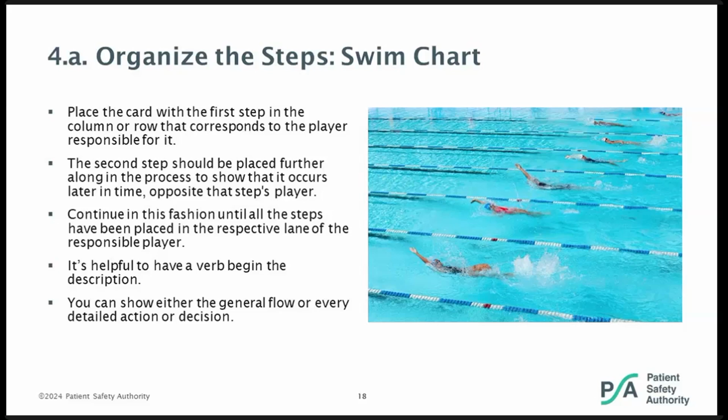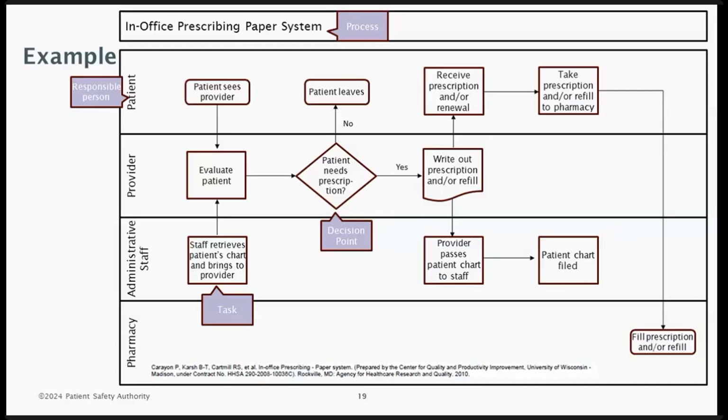This is to arrange steps sequentially, targeting the individuals performing them. It helps you look at bottlenecks and remove redundancies in your process and really bring them to life. So let's look at an example. This is an outpatient office prescribing a prescription for a patient. You can see it starts in the top left, and the process is defined up top.